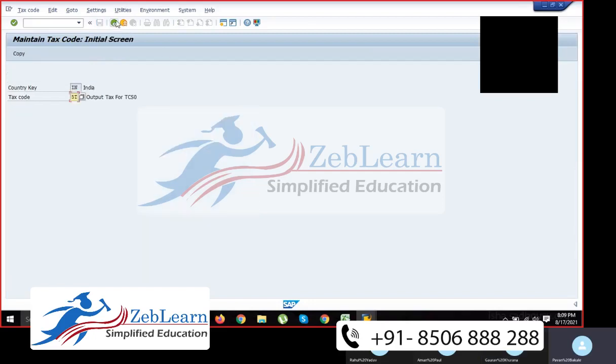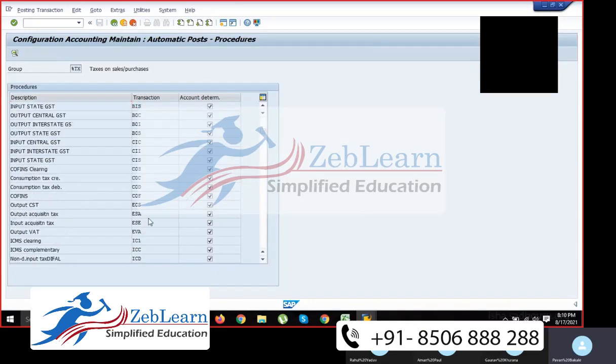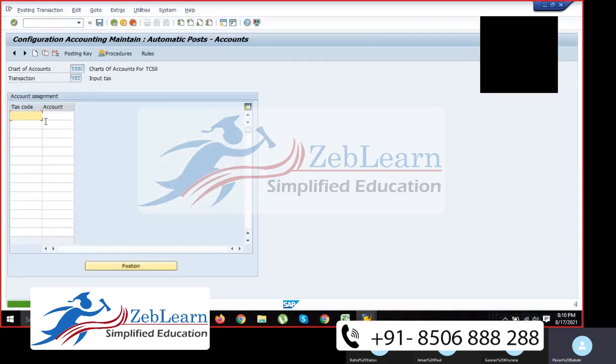See here what I showed you just now, at a defined tax code level. Next, I'm doing VST. I'll just show you here. VST is what we call input tax. Double click and PSSC. Take this posting key, save, yes. See here, we can give different tax codes and multiple GL accounts. You can assign that. The option is available, Gaurav.